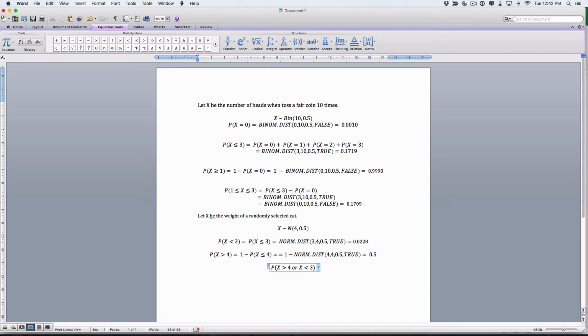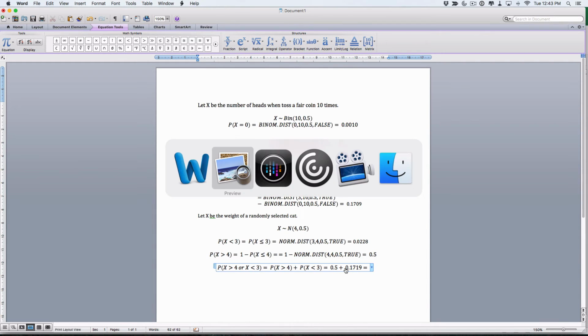So because these two events, x is greater than 4 and x less than 3, are disjoint, we can just add them. So that's going to be the probability that x is greater than 4 plus the probability that x is less than 3. Cool. Well, the nice thing is this bit we calculated up here, and this bit we calculated here. Remember I told you that less than or equal is the same as less than, so we can just basically go, this is equal to 0.5 plus 0.1719, which equals